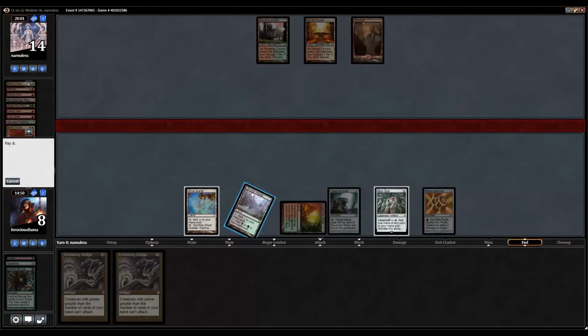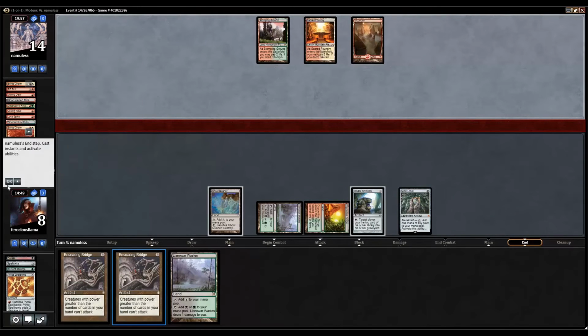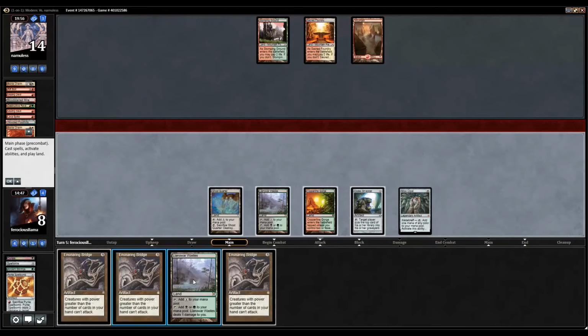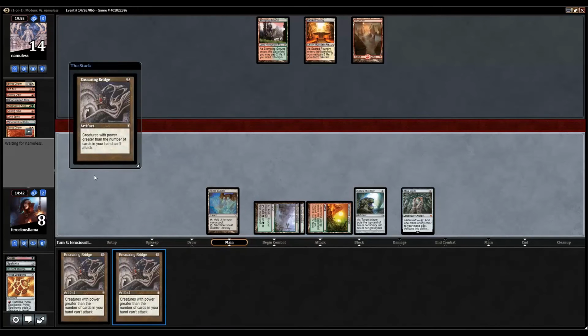Let's draw a card. Okay. Oh, great. Another Ensnaring Bridge would have been great in that Merfolk matchup, but not so hot in this one. So we're probably going to lose the game this next turn, on our opponent's next turn, which happens, and, you know,